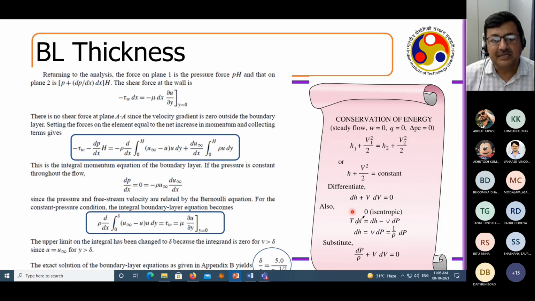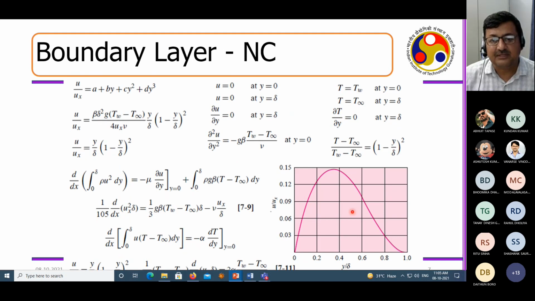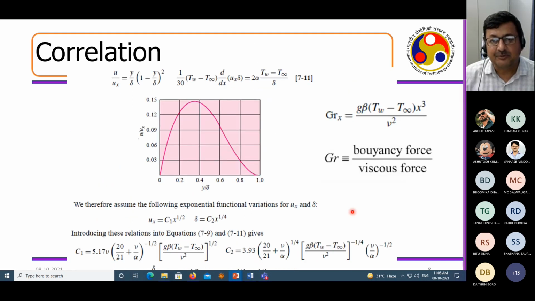Great. Now, once we have the velocity profile and the temperature profile, our next attempt was to calculate the heat transfer coefficient, because that will be the measure of the rate of heat transfer. In case of forced convection, the heat transfer coefficient is the measure, and using it we were evaluating the rate of heat transfer. Similarly, when you generate natural convection currents, you really need to know what the heat transfer coefficient is there.